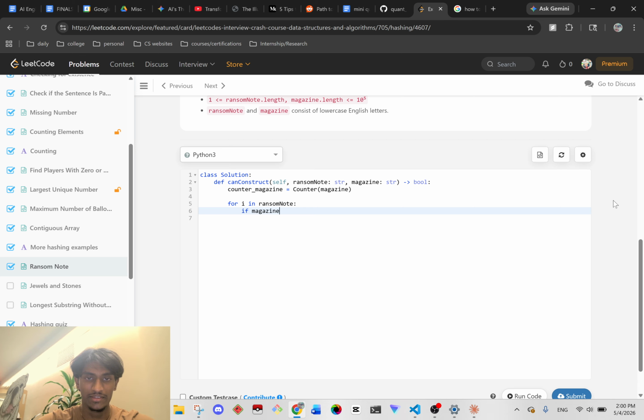if magazine of I, sorry, that's not it. So as we iterate through ransom note, we want to check if it's in magazine. If I is in counter magazine, so we're going to get counter magazine of I, and we're going to subtract 1. Okay. And otherwise,